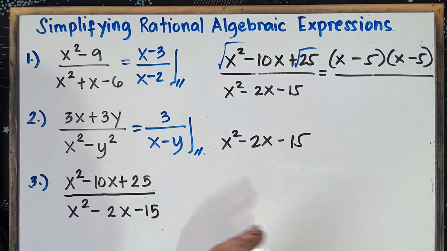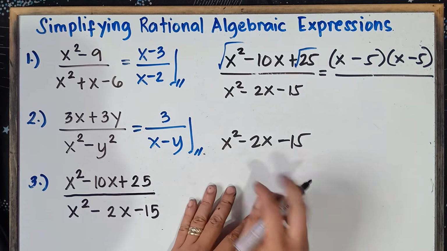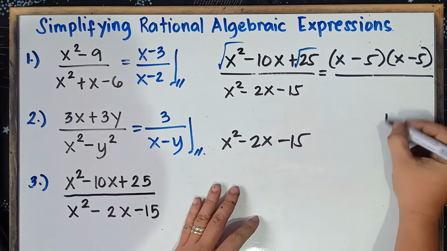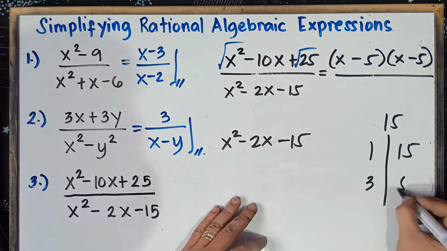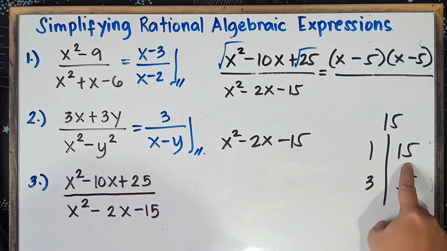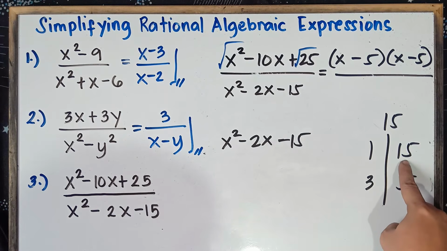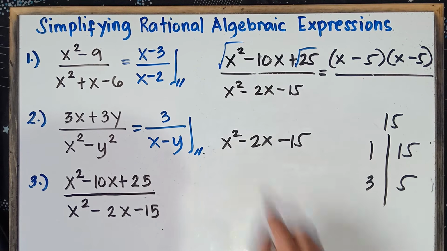So once again, class, you find two numbers that when you multiply the two numbers, you will get negative 15. When you combine the two numbers, you will get negative 2. So what are the factors of 15? We have 1 times 15 and then 3 times 5. Of course, class, we cannot select 1 and 15 because if we add 1 plus 15, that would be 16. If you subtract 15 minus 1, that would be 14. So it is impossible that we can get 2. So therefore, we will not be selecting this one.